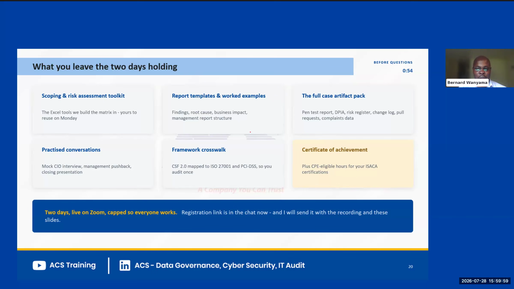We'll be able to also share reports, templates, worksheets, and different artifacts that we can use to get us through different types of audits while adding value and ensuring that our clients are able to have real impact and positive improvement from our audits.